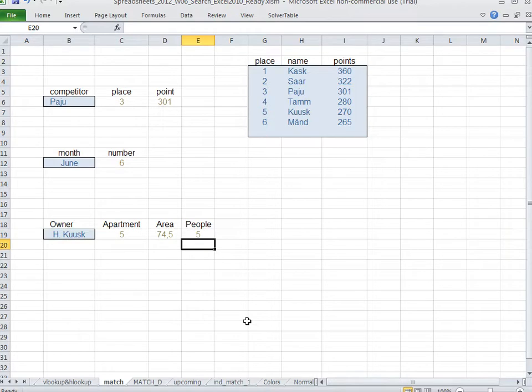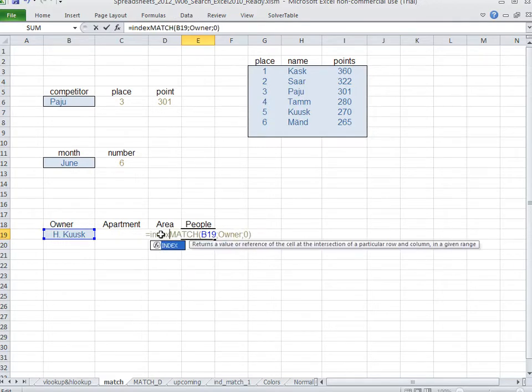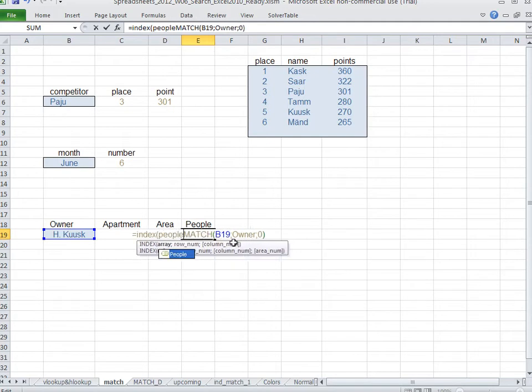Now we take the formula again, and now we put index around this match and write it all in one cell, because there is actually not that much space to waste that we're always using two cells like we've used in case of these sports competitors and in case of the areas lookup earlier. So what we do now, this match gives us that Kusk is on the 5th row, and now we take index, go to block called people, and semicolon, match. So with index we take from people's block,